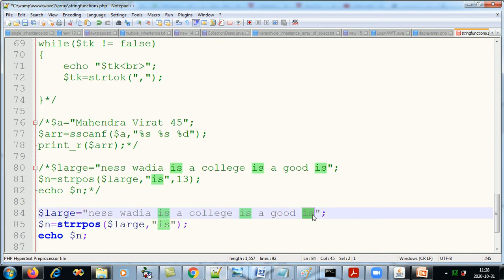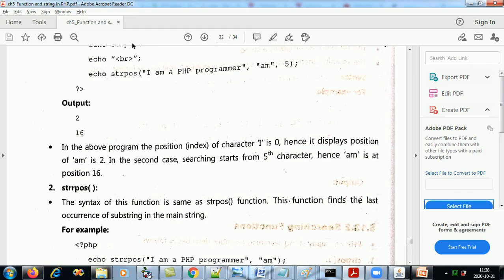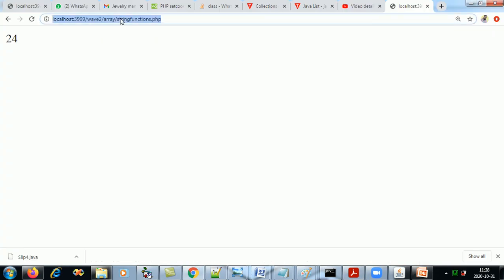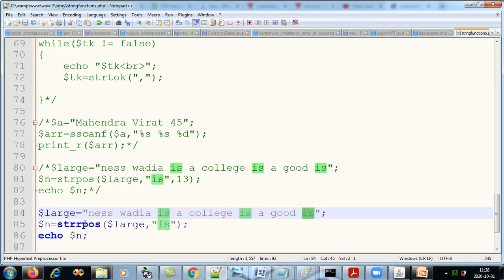We know the earlier one was 24, right? 24, 25, 26, 27, 28, 29, 30, 31, 32, 33, 34. So it should return 34. There you go. If I add an extra r, it starts searching from the end. So which is the last occurrence of "is" in this sentence? It is in "this is".